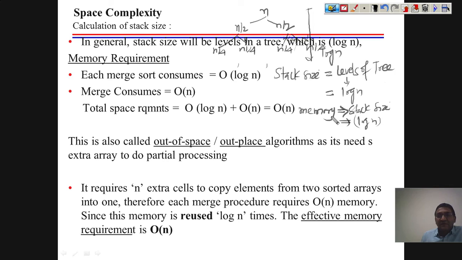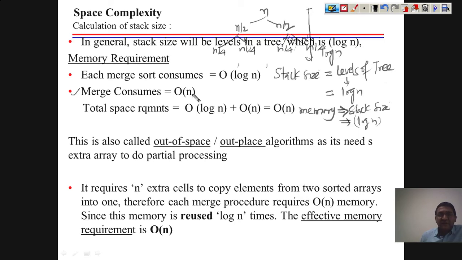But this is not all. This is not the complete merge sort algorithm. We need to divide it and then we have to merge it. And we have already seen that we are declaring an auxiliary array to store the elements temporarily, and then we are combining these arrays to get our sorted array.